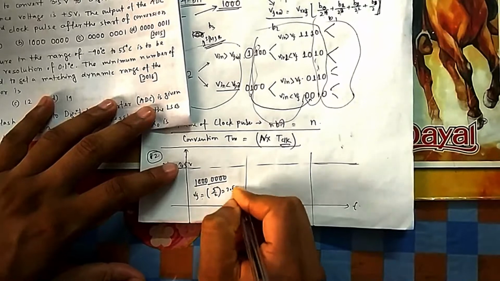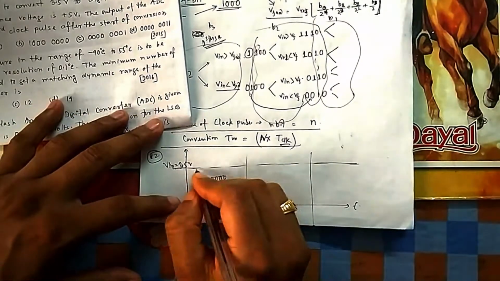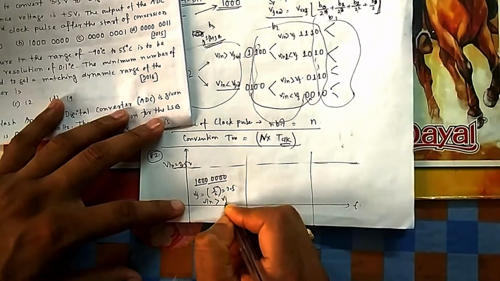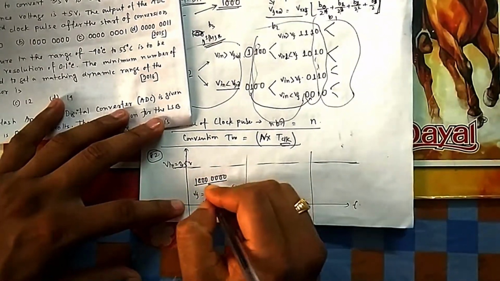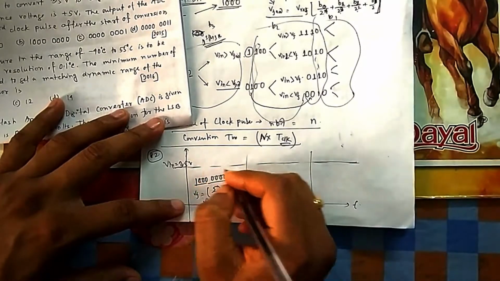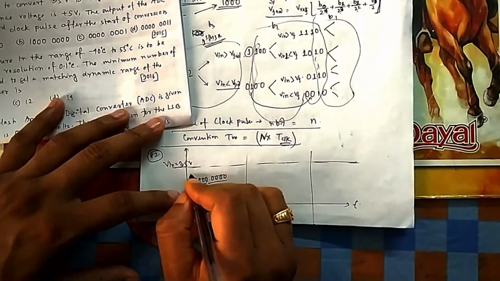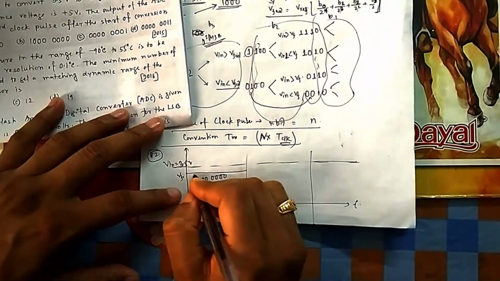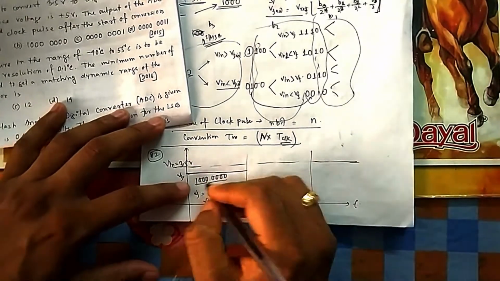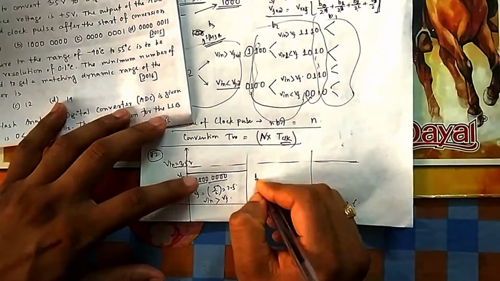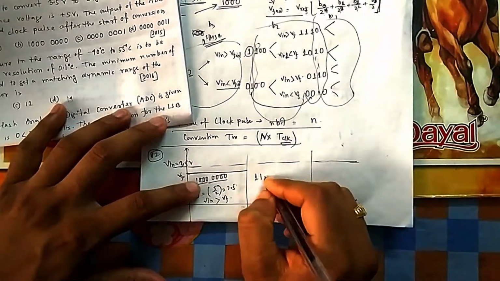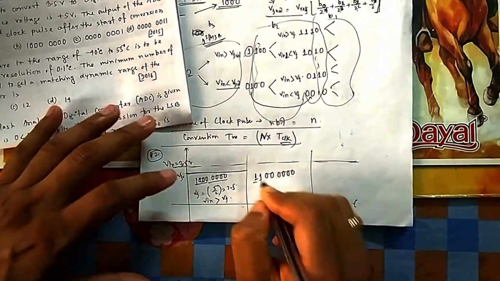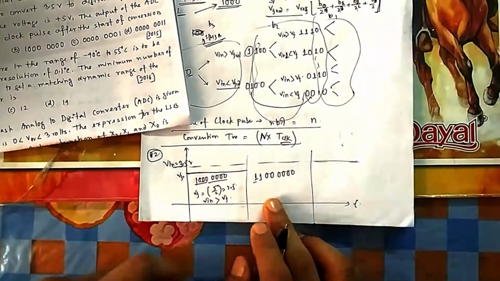That is 2.5. Now you can check here. Because V in is 3.5 and V feedback is 2.5, that means V in is greater than V feedback in this case. So you will keep this one as 1. Suppose this is V feedback, drawn at 2.5. Because it is less, in the next step you will keep this one 1 and make the next bit 1 to compare for the next bit. So first the MSB is compared, it will always be 1. Next the second bit is compared.